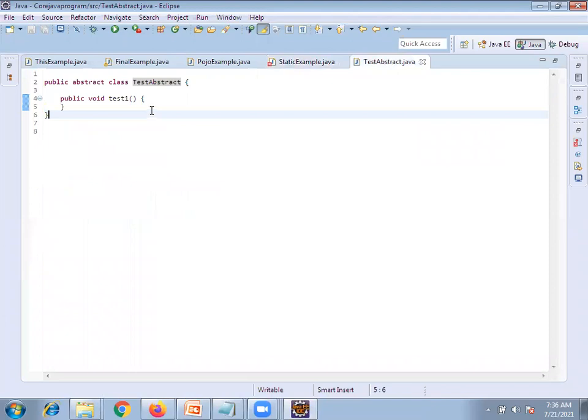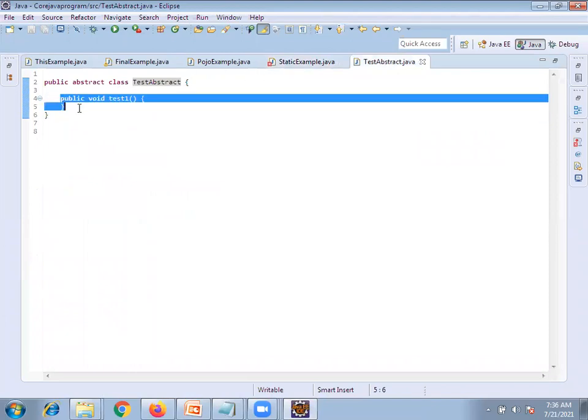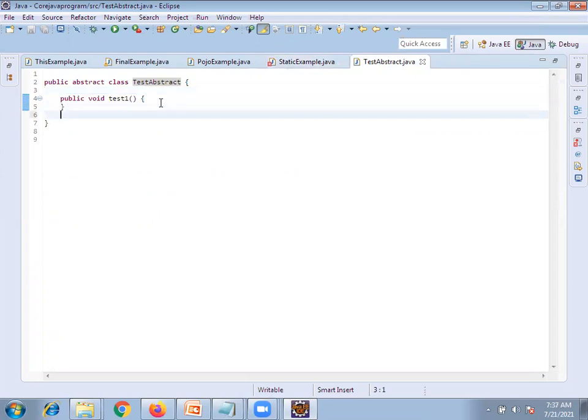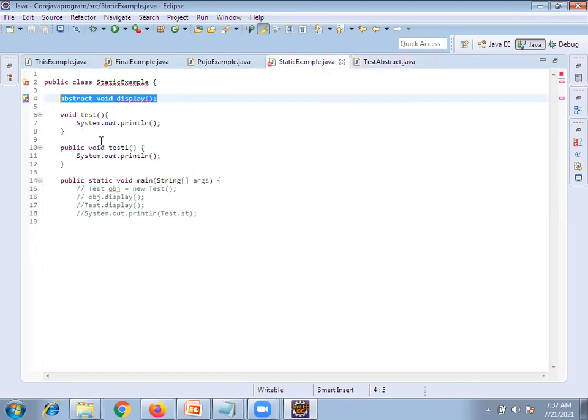We don't want to write any other logic. If you try to write, you will get an error. For an abstract method we cannot write anything, we just need to define it. This was the concept of abstract.